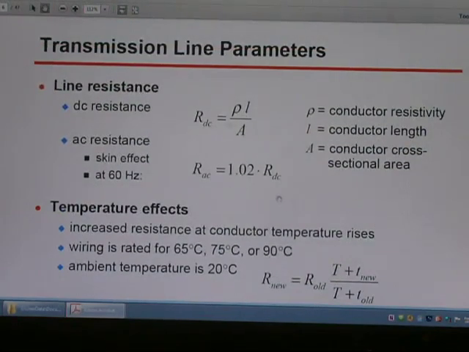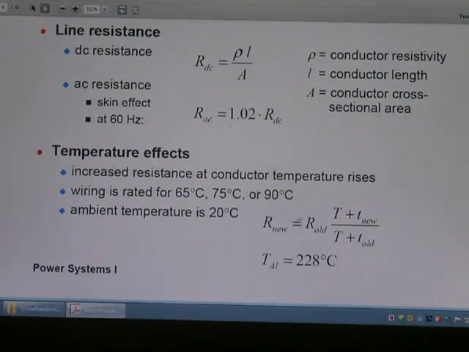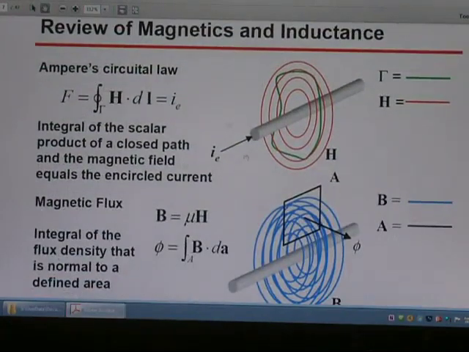So the electrical current flow impedance are magnetic. The transmission conductor produces a magnetic field, so across